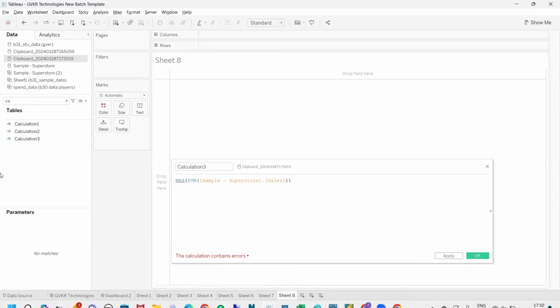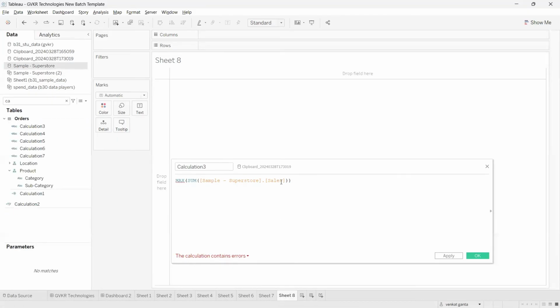Okay, I go to my sample superstore. So for max, you can provide one argument or you can provide two arguments. For example, if you provide one argument, like sales, what it will do is